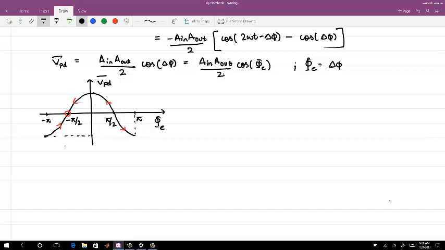Okay, so I will just make a transition on the x-axis and say phi e s is equal to phi e plus pi by 2. Okay, so this will be, I will now plot the